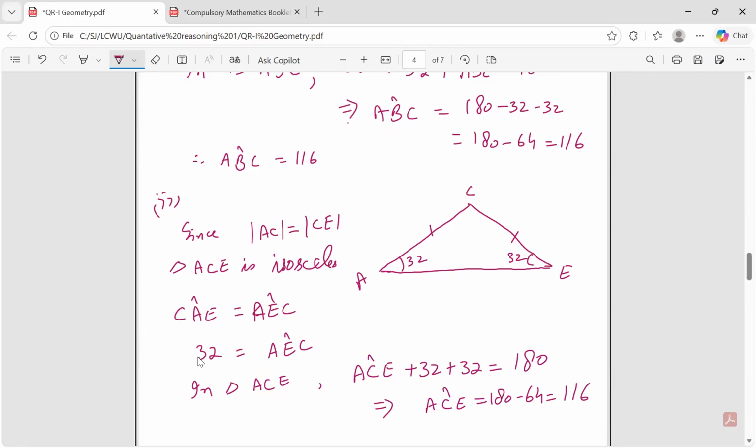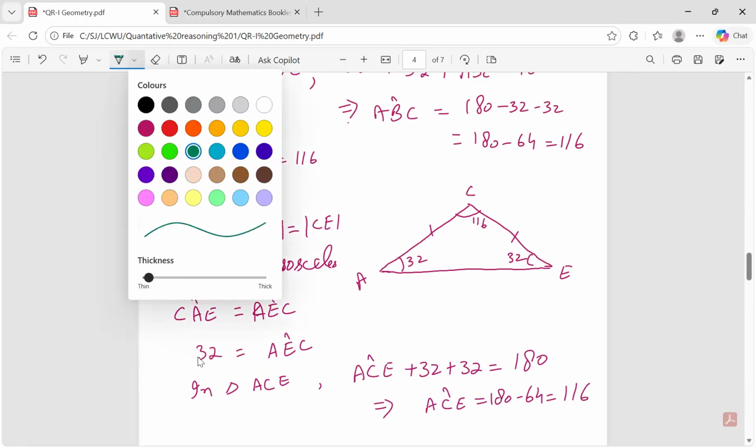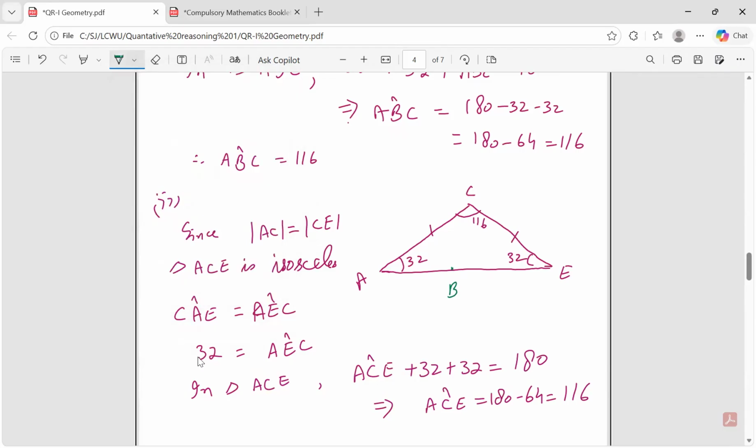So this complete angle is 116. But if we introduce the point B over here, such that this angle B is 32 degrees, so this required angle will be